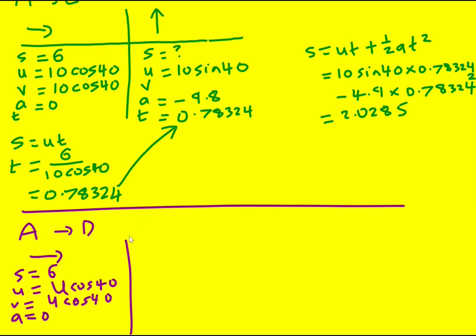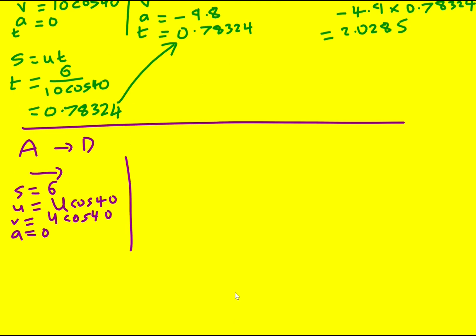And we're going to get T in the same sort of way. T is going to be 6 divided by U cos 40, leaving it exact this time. I've used S equals UT. I've just skipped a few bits because it's the same idea as up here. Then vertically,